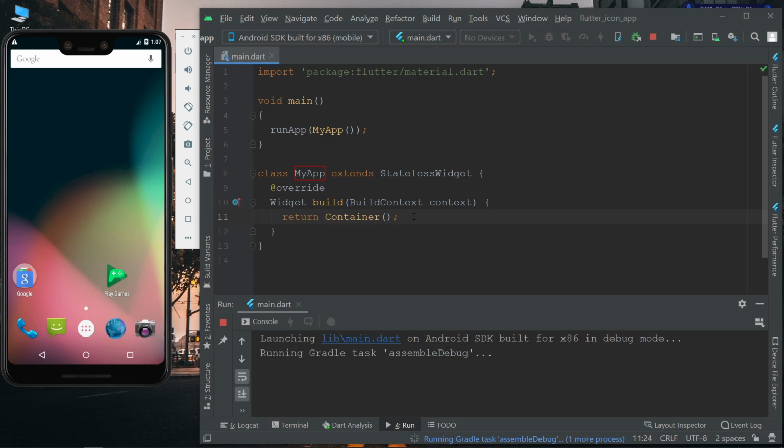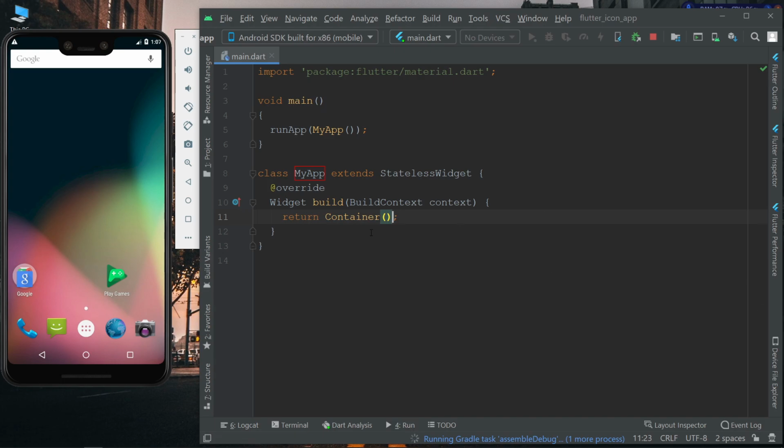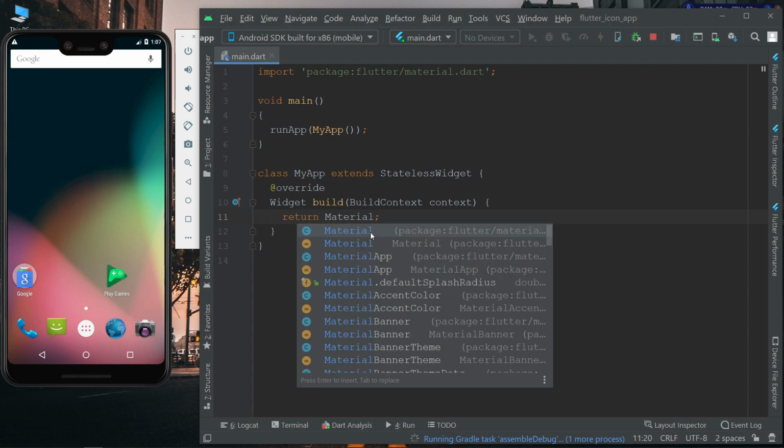Till then we will start creating our app. First of all we will create a MaterialApp.